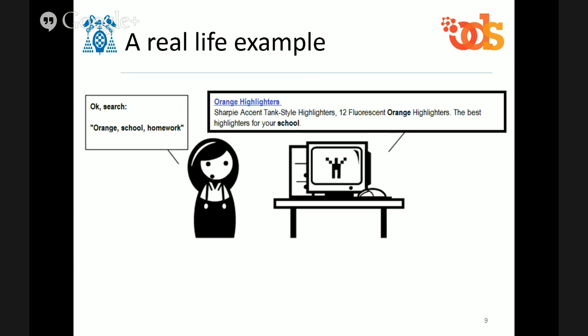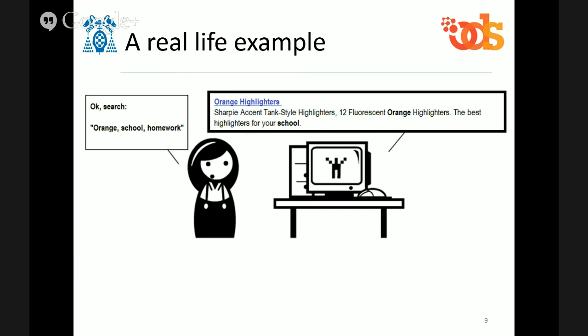And well, she gets somewhat upset, but the search engine is working properly, because here you can find the word orange and also the word school, and the search engine has understood that it has to list this search result here. So Christina then says, okay, let's try with orange, school, and homework